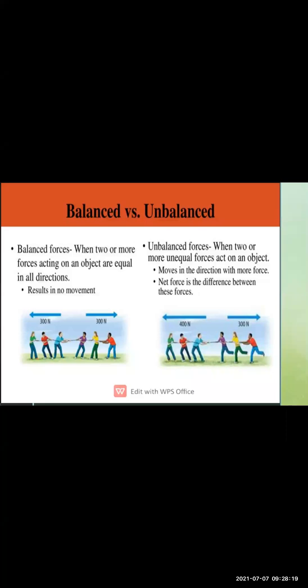So if suppose team A students are stronger than team B students, they will easily pull the team B students towards themselves. So now the force becomes unbalanced. So this is called unbalanced. And if the students are not divided into two equal groups, that time also the side which has more manpower will win, because it is not equal, it is not balanced. Okay, so this is about the balanced.